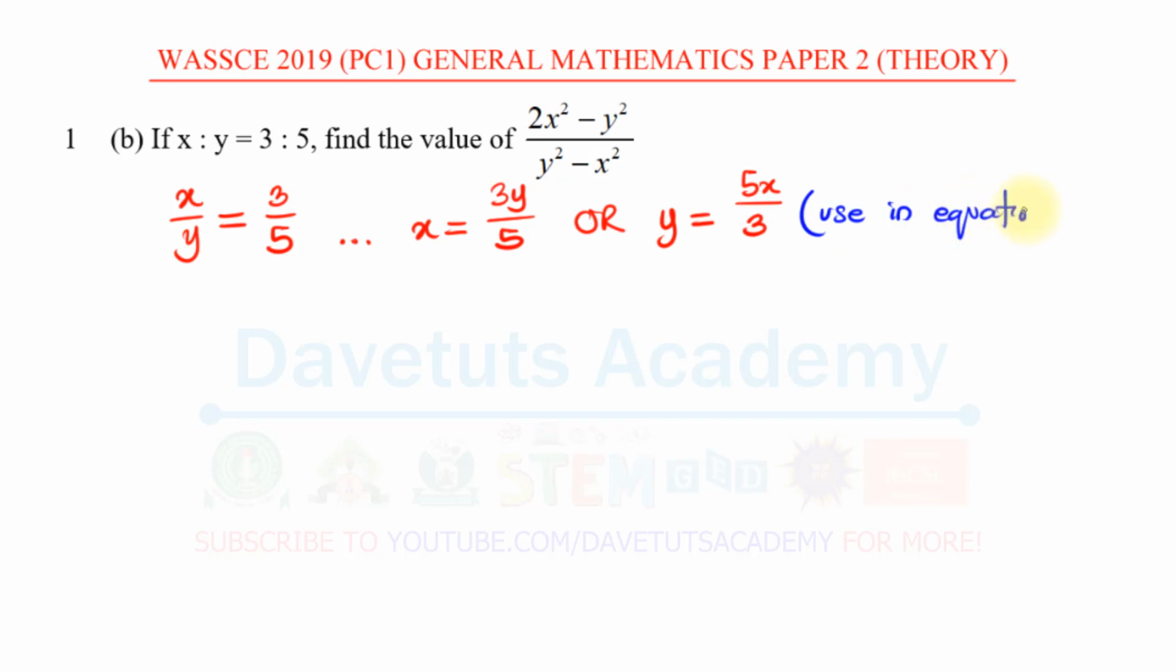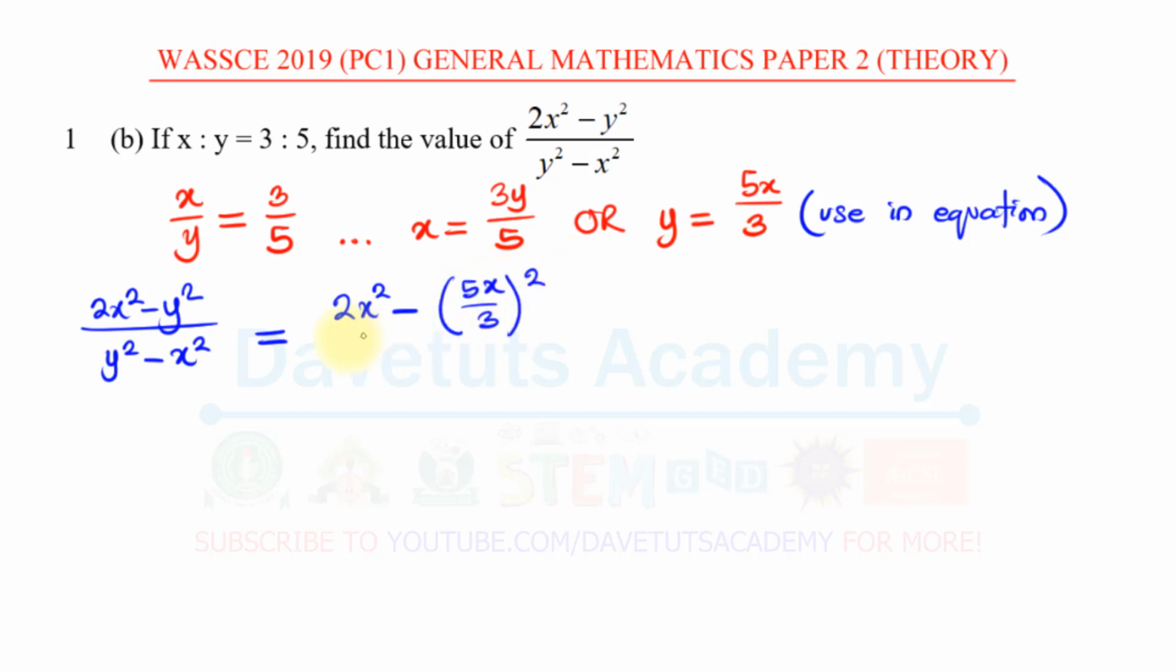Okay. So if you want to use this in the equation, 2s squared minus y squared over y squared minus s squared is going to give us, instead of putting in y, we are now going to put in 5x over 3. So we have 2 multiplied by s squared minus our y, which is now 5x over 3, and we are squaring the y. Then y squared, again we have y as 5x over 3 raised to power 2